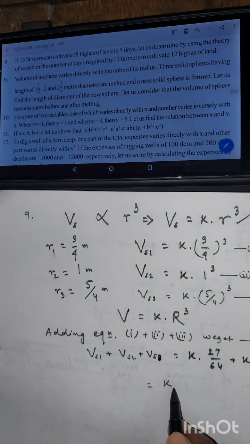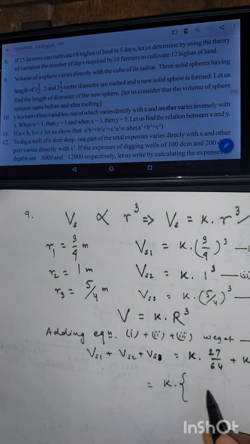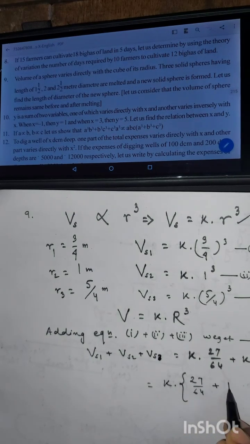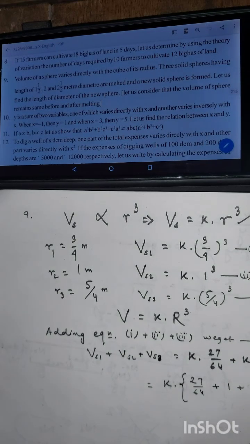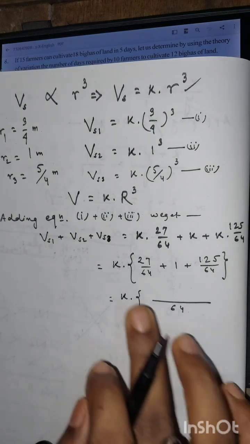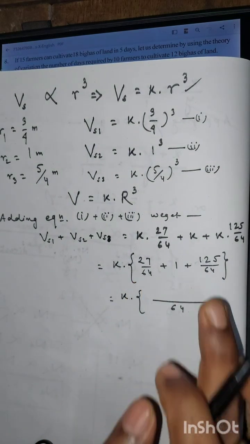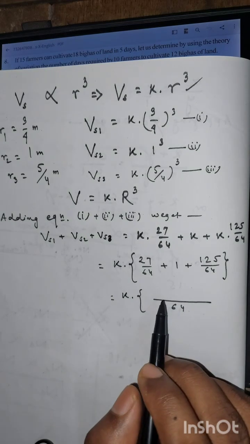Taking k as common, we can write 27/64 plus 1 plus 125/64. If we add these three numbers, we get